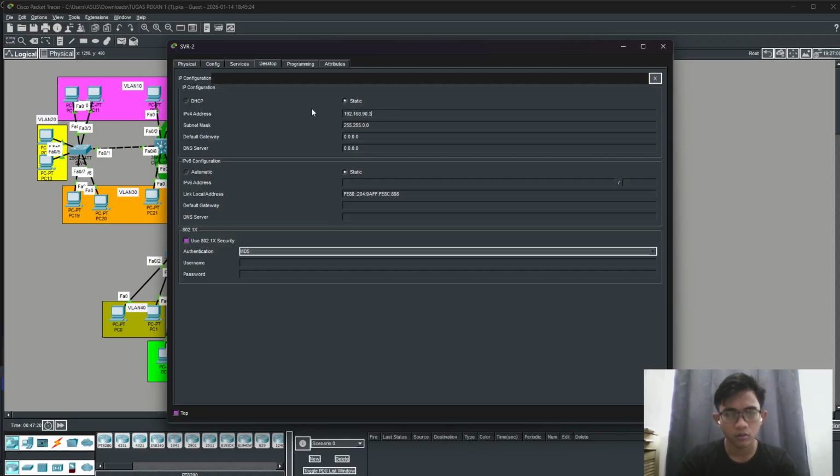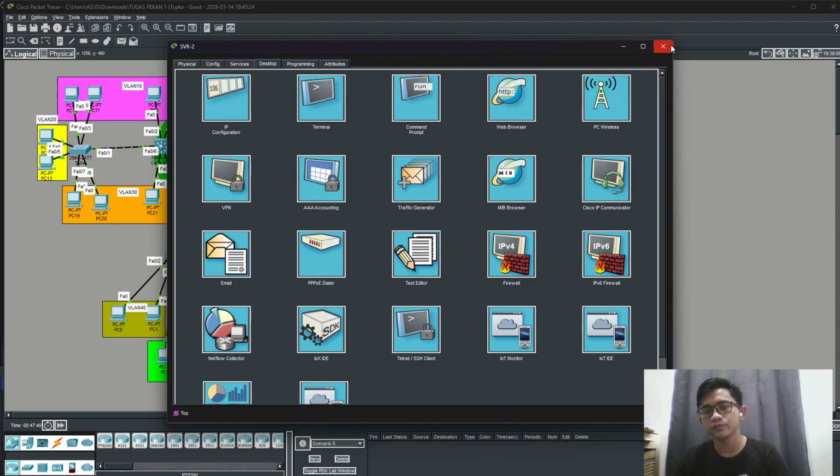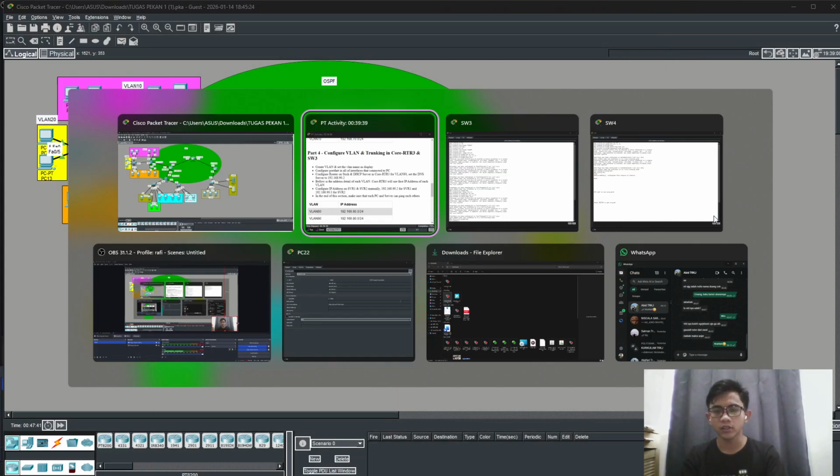The gateway is .1, and that is the same. 90.2. Okay, finish.